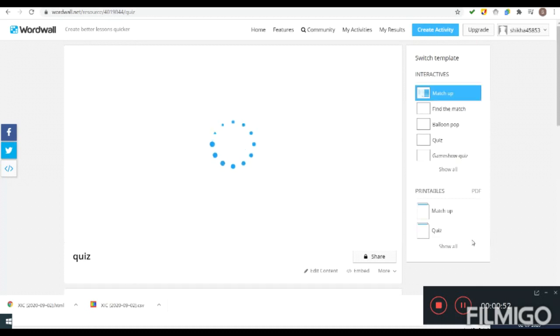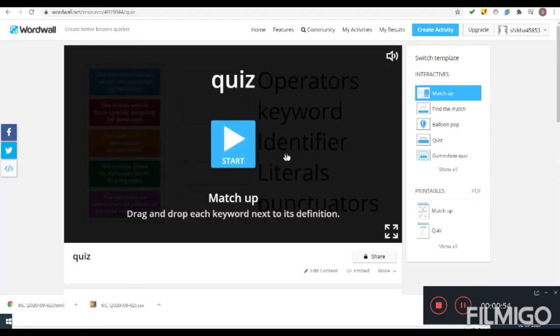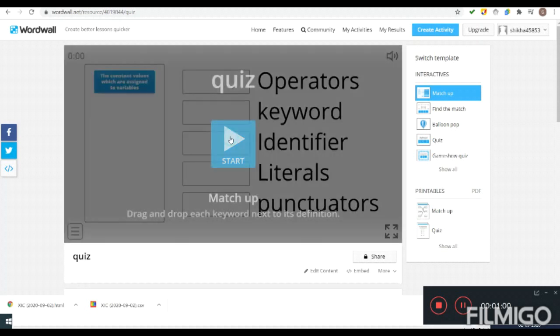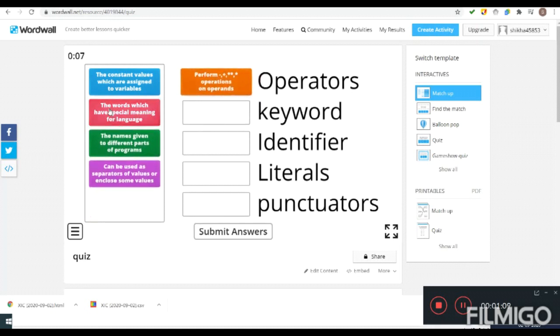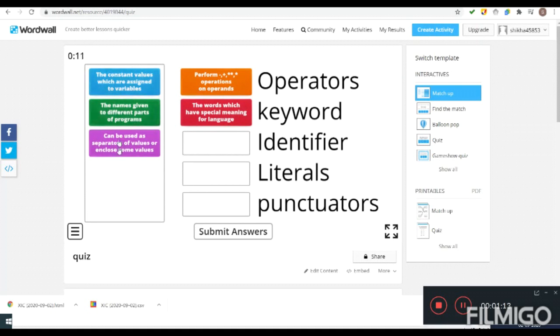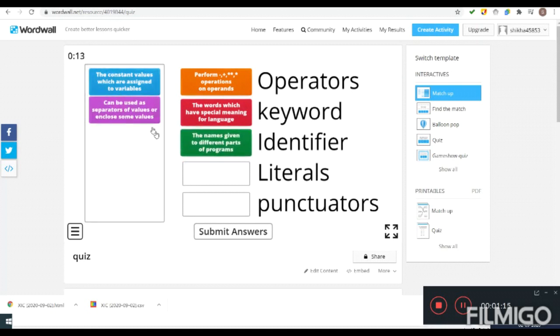Here in this window you can play your quiz in the game format, and you can see how it is looking before assigning it to students. So you can see this is my quiz, and I can give the definition. I can fill it like this, and this here, and this here, and this here.